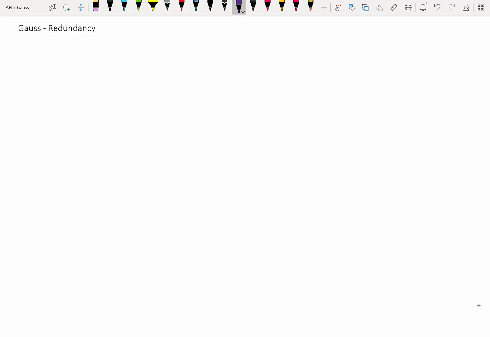Okay, so we're going to look here at redundancy when we're doing our Gaussian elimination, and that is the second of our two special circumstances. The other one was inconsistency that we've just looked at. So we want to consider the following set of equations. We've got x plus 2y plus 2z equals 11, x minus y plus 3z equals 8, and 4x minus y plus 11z